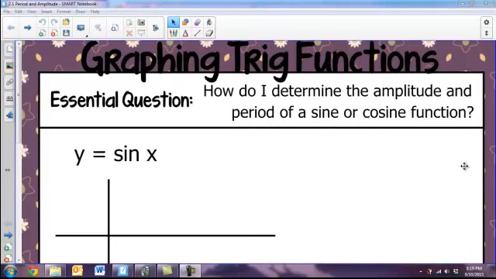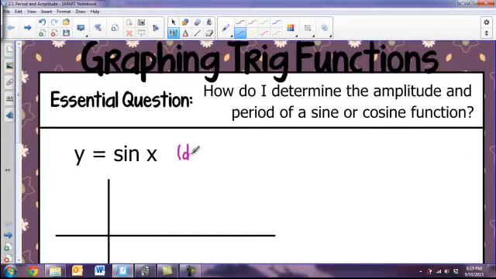Just looking at that essential question, we've got some vocabulary to go through today. We're first going to start by learning two new parent functions, one of which is y equals sine of x. This is the function that we kind of saw with those spaghetti trig, the sine graph. We are going to plot this one in degrees first, just to get ready for doing the radians. But what we need to think about are some critical points, or some special values that are going to make graphing this